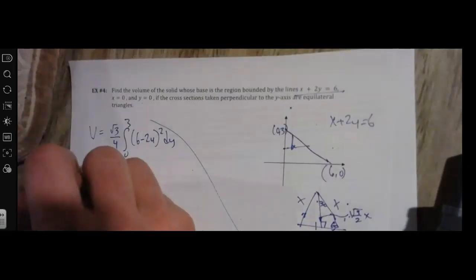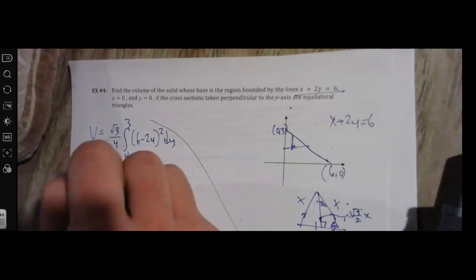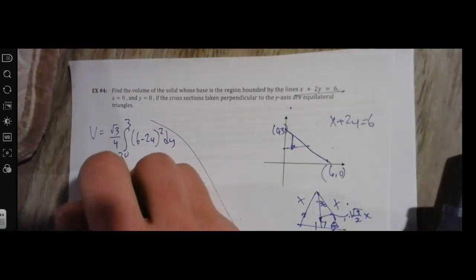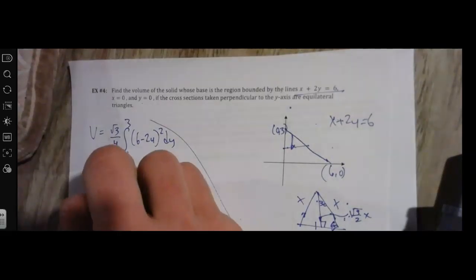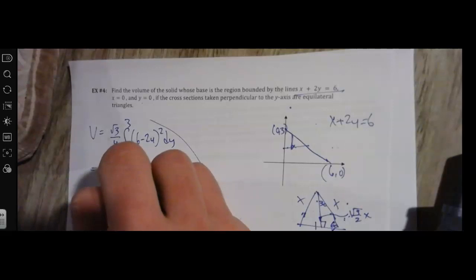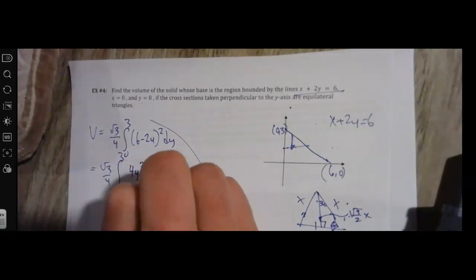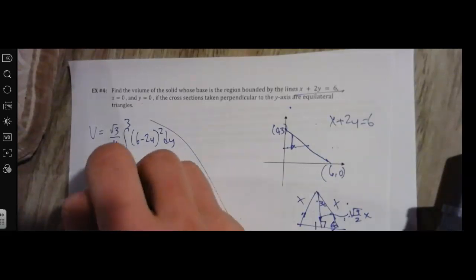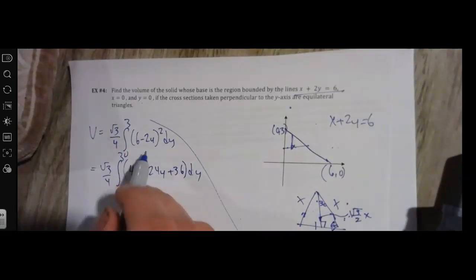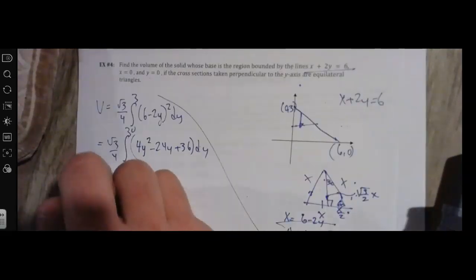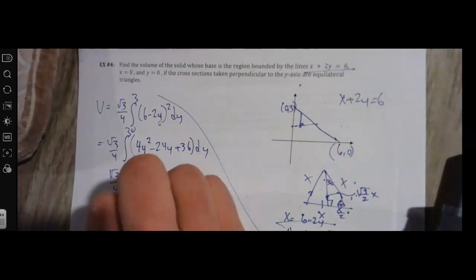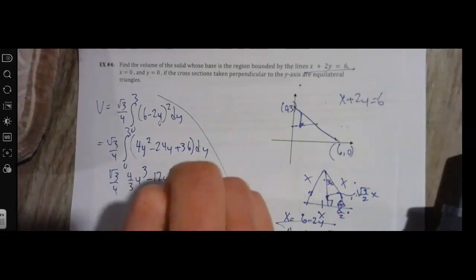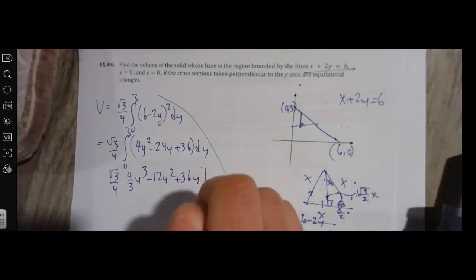Just continuing it up. And so that's equal to radical 3 over 4, 0 to 3, and that's going to be what? We have to square that. We have to multiply that out. So we're going to get 4y squared minus 24y plus 36 dy. So all we did was just expand that out, multiply it out. Then now we can integrate. So it's radical 3 over 4, and it's going to be 4/3 y cubed minus 12y squared plus 36y. You evaluate that from 0 to 3,